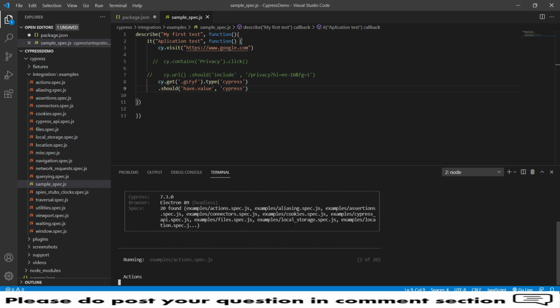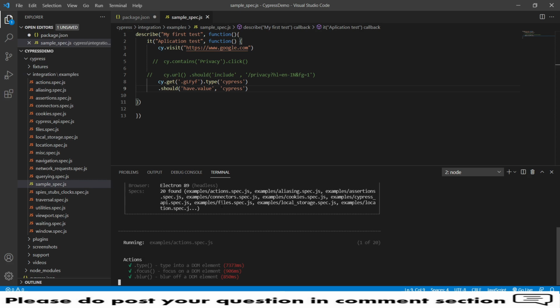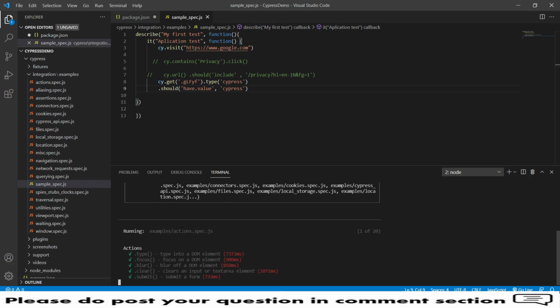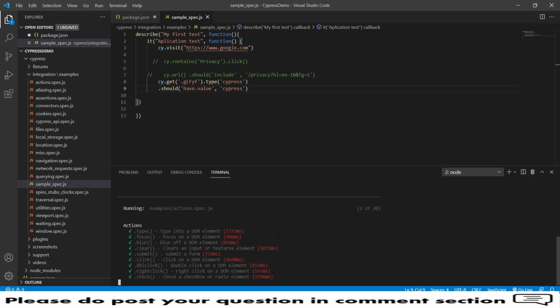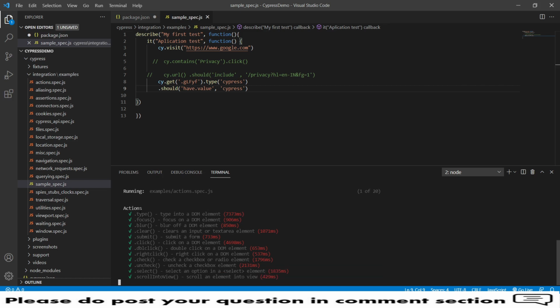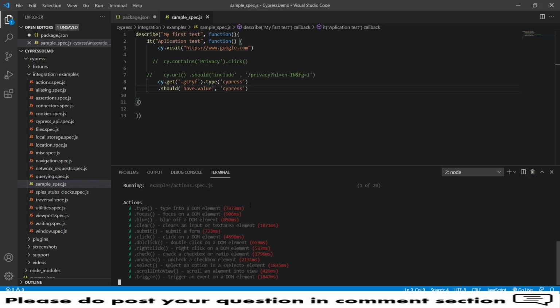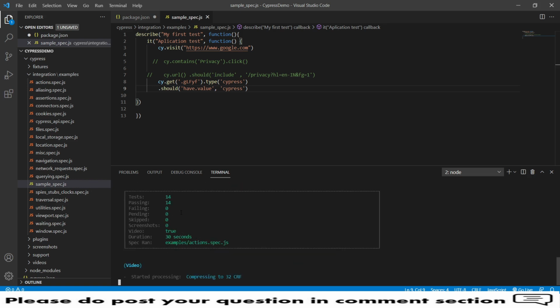And in this terminal, you can see complete details like Cypress specs, which is what actions it is performing. After the actions are performed, you can see the results over here. Everything is very fast. You can see how much time it has taken to execute, what actions were performed, how many test cases were executed, and how many passed. Likewise, it will provide all the details.